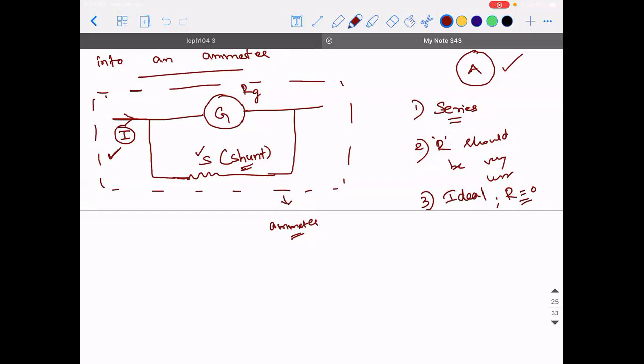So out of the 5 ampere, what will happen? The current will get divided according to Kirchhoff's law. So the current is going to get divided; this will be IG and this will be I minus IG. Now let's think of one fact logically. If I make the shunt resistance a very high value of resistance, then what will be the value of I minus IG in comparison with IG?